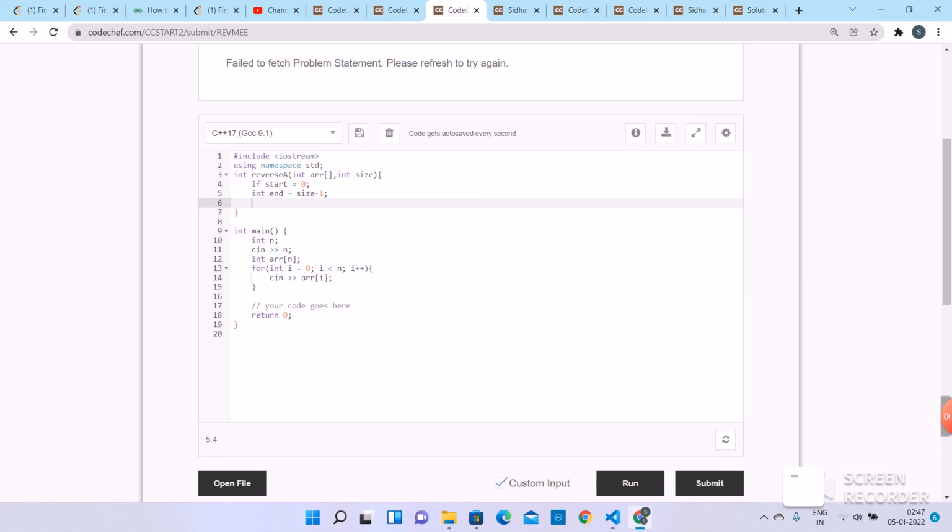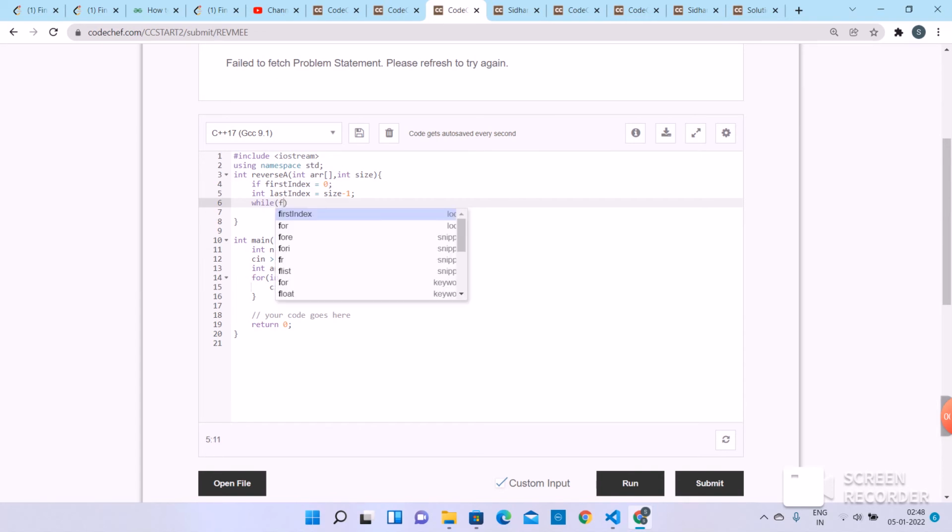So if our array is of size n, let's assume we have taken the input 5 and created an array of size 5 and put random numbers in this array. So 0 1 2 3 4, the last index will be the 4th index. So I'll name this first index, and this is last index. Last index will be size minus 1, and we have to use a while loop here. While means as long as, while our first index is less than or equal to last index,